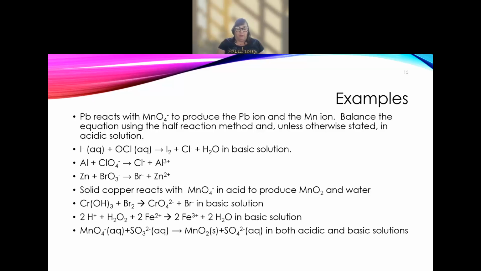I have a 2 electron process for SO3 2-, so I multiply that by 3. That gives me 8H+ + 6 electrons + 2MnO4- goes to 2MnO2 + 4H2O. And 3SO3 2- + 3H2O goes to 3SO4 2- + 6H+ + 6e-. The electrons cancel,